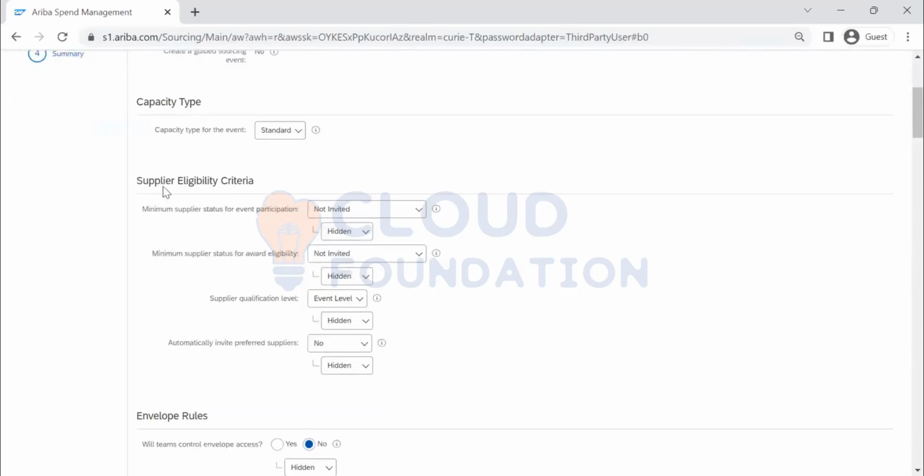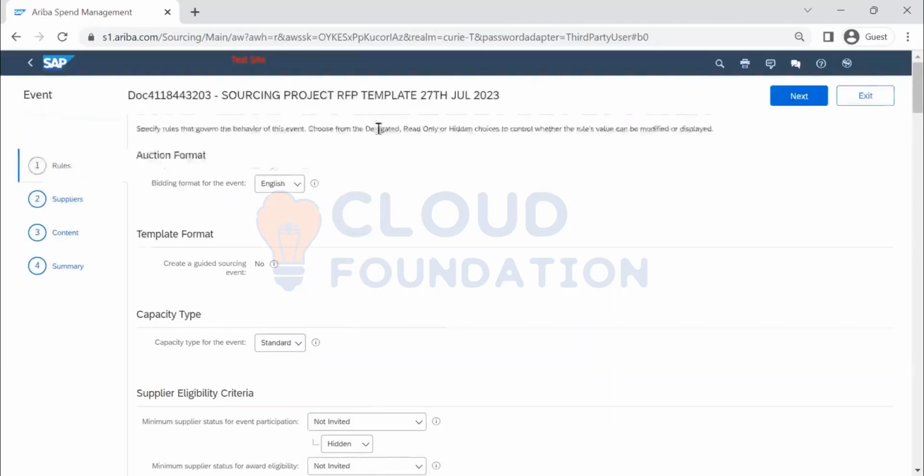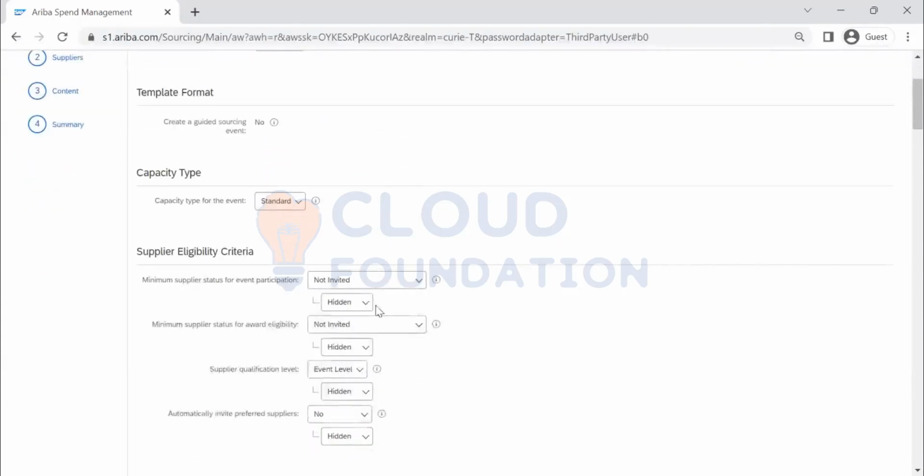So here you are also deciding supplier eligibility criteria. Minimum supplier status for event participation. In my sourcing project RFP when I'm creating, what kind of suppliers do I want to allow? If I want to allow only registered suppliers, then I can select registered supplier. So when you search for the suppliers, if you are adding some unregistered supplier, during publishing of that event, the system will stop you and say you have added participants who are not registered, then you need to remove that supplier or get the supplier registered,